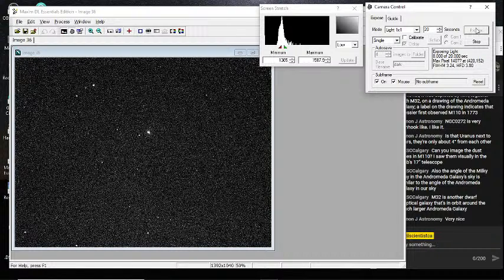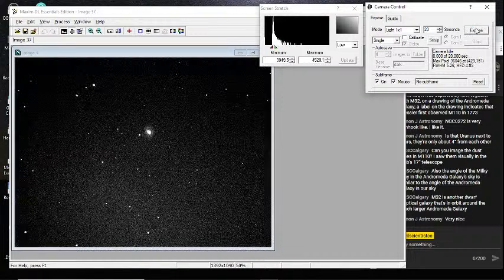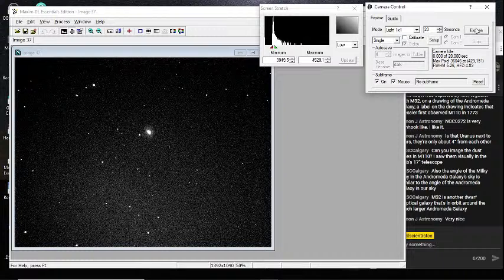But this is another one of those objects on Messier's list of fuzzy objects. My notes have it as a galaxy. Oh, there we go. There it is. I think it's a spiral galaxy right there in the middle.